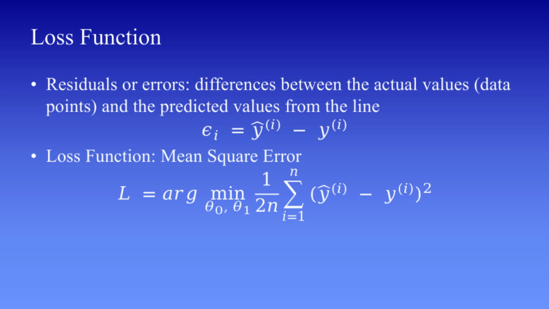Let's understand this step by step. First, for each data point, we calculate the difference between the predicted value and the actual value. Then we square this difference. Squaring is important because it ensures that all errors are positive and also gives more weight to larger errors. After that, we sum up all these squared errors and divide by the total number of data points to get the average error. You might notice the term 1 over 2n in the formula. This is often used for mathematical convenience, especially when we later apply optimization techniques like gradient descent. Now, the goal of our regression model is to find the values of theta 0 and theta 1 such that this loss function is minimized.